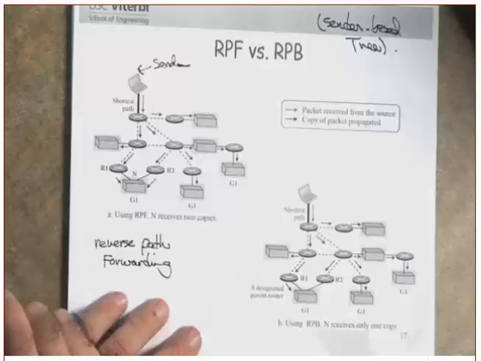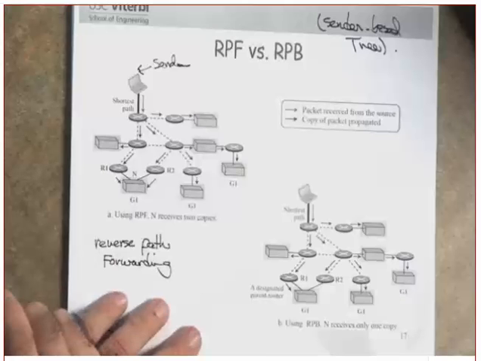So when a leaf router receives a multicast and there is no interest, it sends a pruning message to the router above it: do not send me any more copies of this multicast group, as there is no interest in this case here. Clear? So we call it flood and prune.